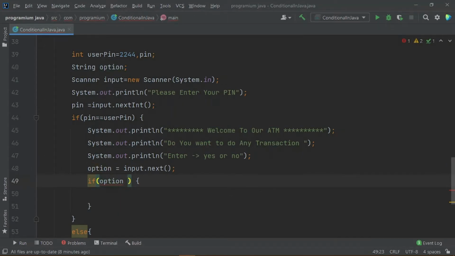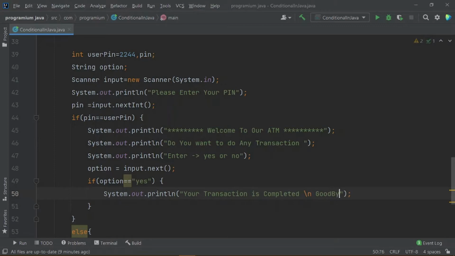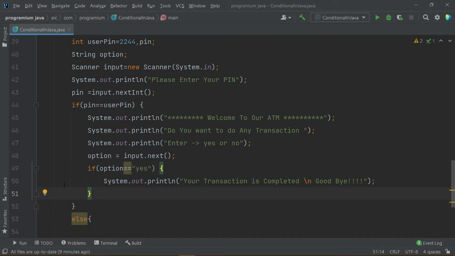If option is equals to yes, then we will simply say your transaction is completed, goodbye. So if that option is equals to yes, then we will simply print this string to the user.